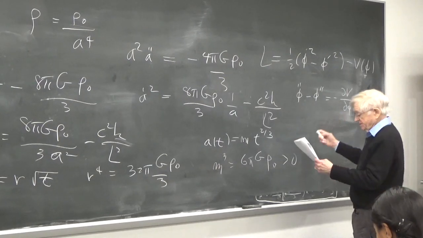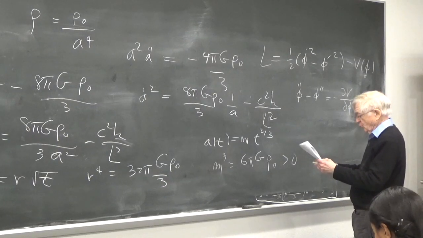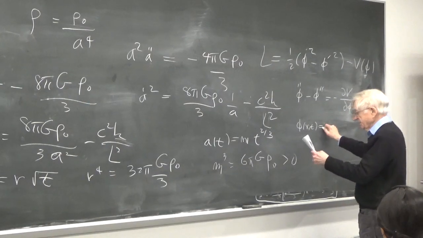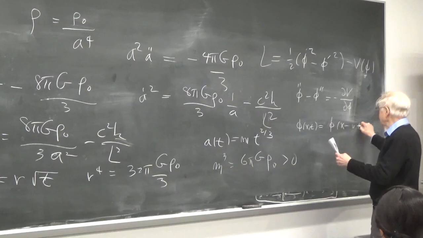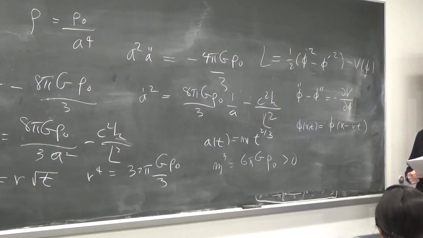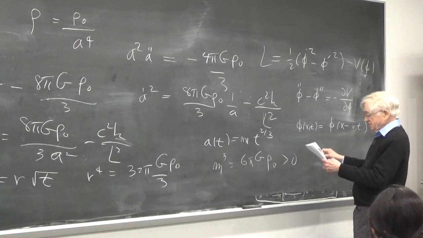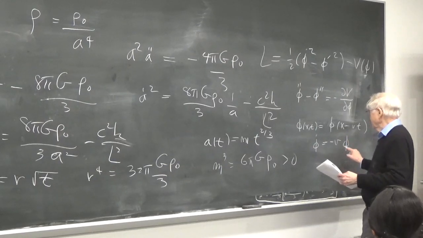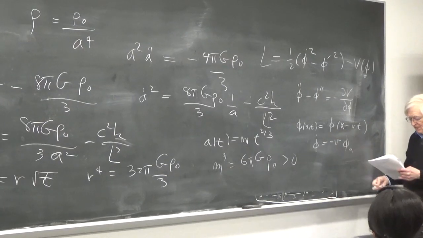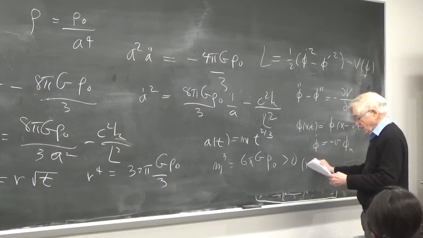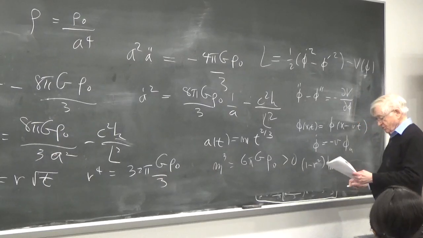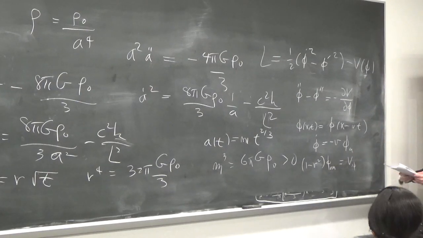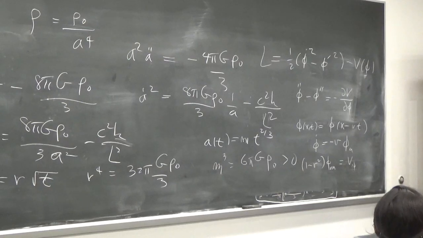Well, in general, we can integrate this. If we assume a special form for the equation, let's suppose that phi of x and t is actually phi of x minus vt. So we've got a traveling wave solution. Then what we can say is phi dot is minus v times the derivative with respect to u. And then the Klein-Gordon equation is 1 minus v squared times the double u derivative is the phi derivative of V,